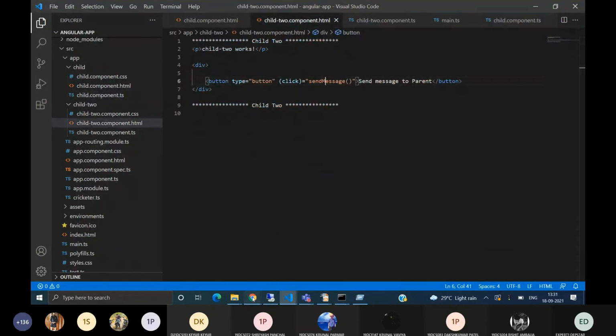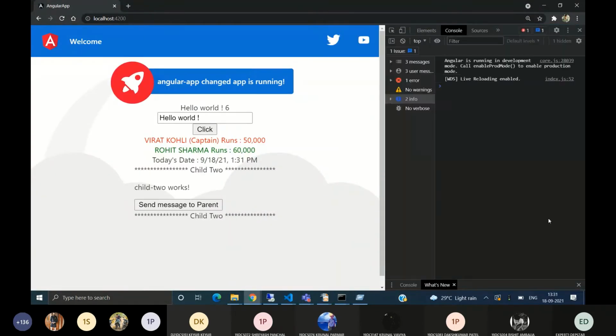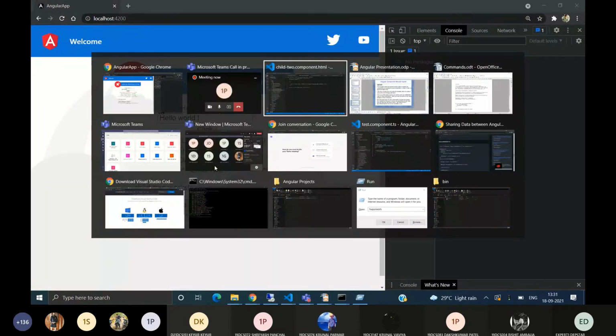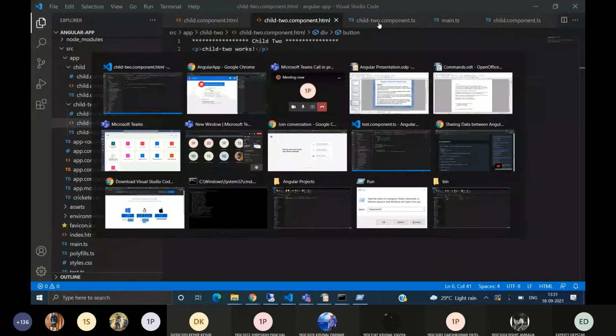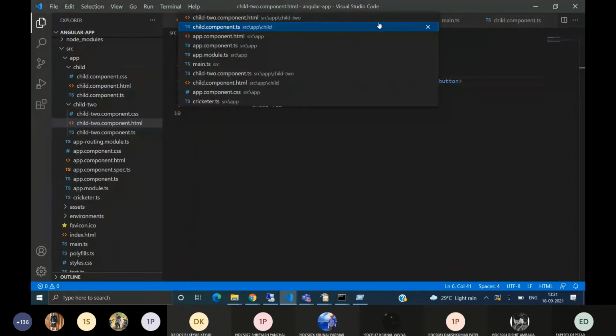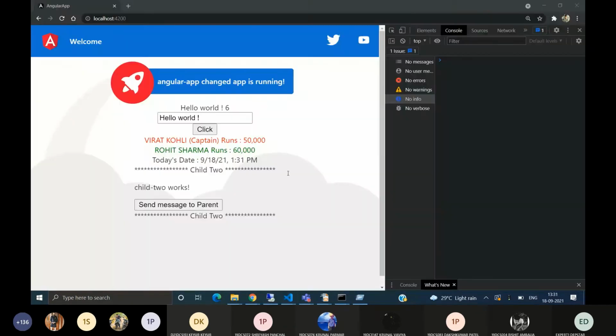Now, when I click here, we can see the boolean is false by default, so this child one component has not been loaded on the DOM yet.